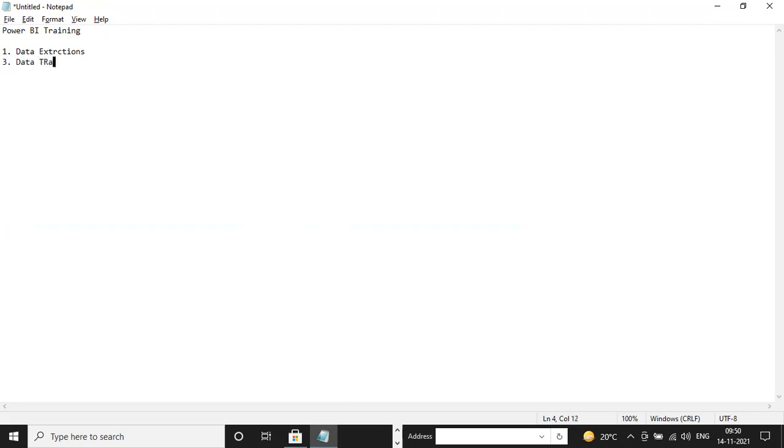Second one is data transformation, and third one is data load. This function we call ETL. I think you have heard about ETL. So this is extraction, transformation, and load. Okay, so this is your complete ETL tool now.